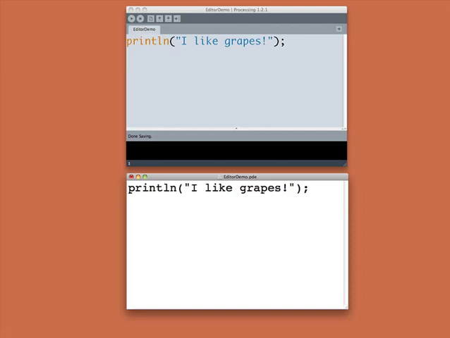So I asked, how could I open a PDE file with my text editor? And the answer is that PDE files are just raw text files. They're just plain text. And the only reason that they don't have a TXT extension on them is so that we can double click them and start Processing instead of a text editor. But if you open a .pde file with any text editor, it'll open right up because it's just plain raw text. So here we are looking at the program I Like Grapes in the text editor, and so of course